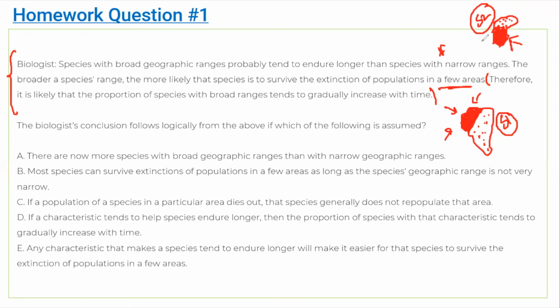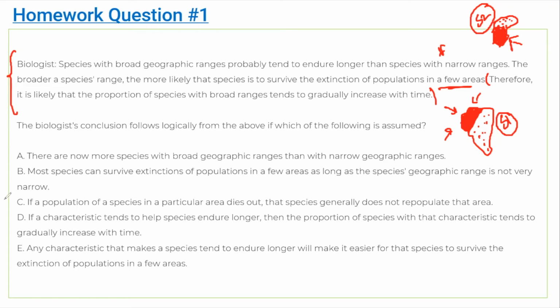Okay, and all of that is stemming from the fact that they are simply spread out over a large region. Okay, so yeah, it just gives them a higher chance that the surviving members across the other non-extinct regions can always help the species grow, and they will thus increase over time faster than these guys for whom maybe only a few areas are left where they are alive. Okay, all right, I understand that. Now let's see, what's the question? The conclusion follows logically from the above if which of the following is assumed. Cool. With our understanding, let's now see